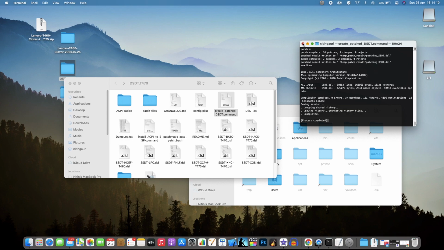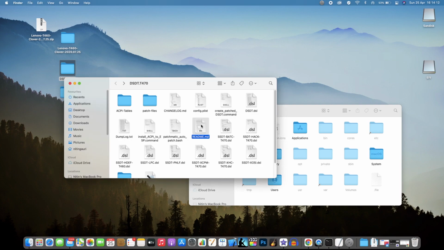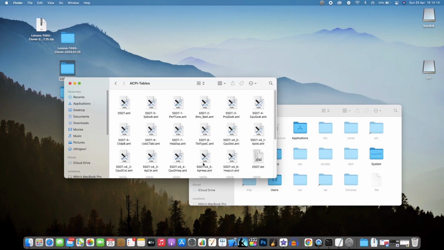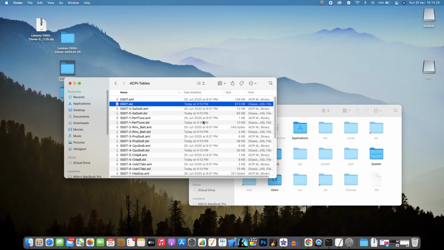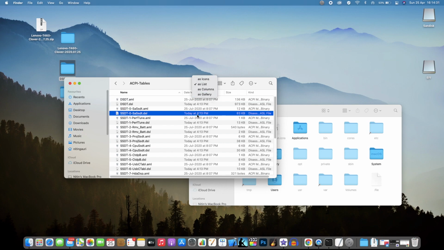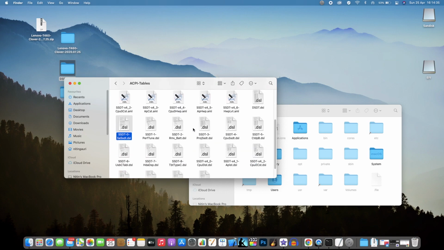This script makes it easy for you to disassemble your files. You can close it now. You see the ACPI tables, and now we have the .dsl files, all created today. Cool, so we have just created the .dsl files.